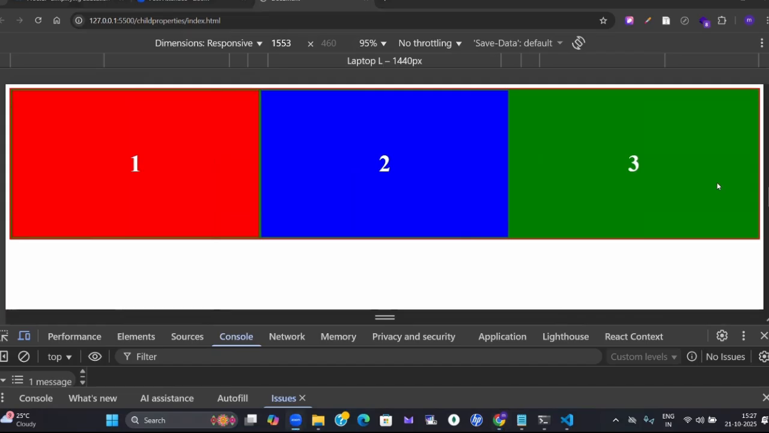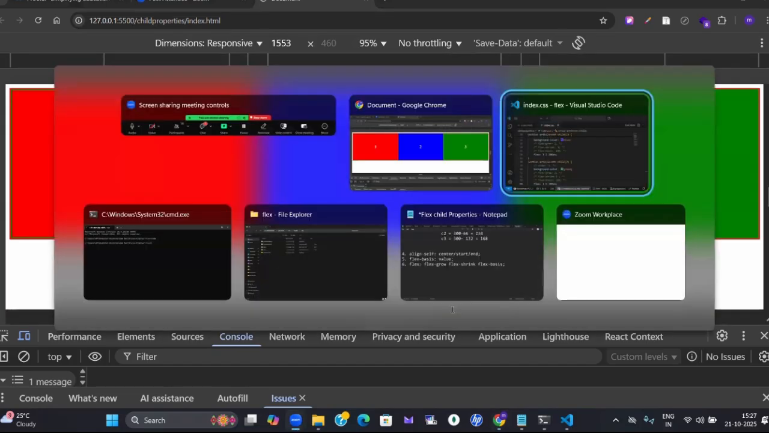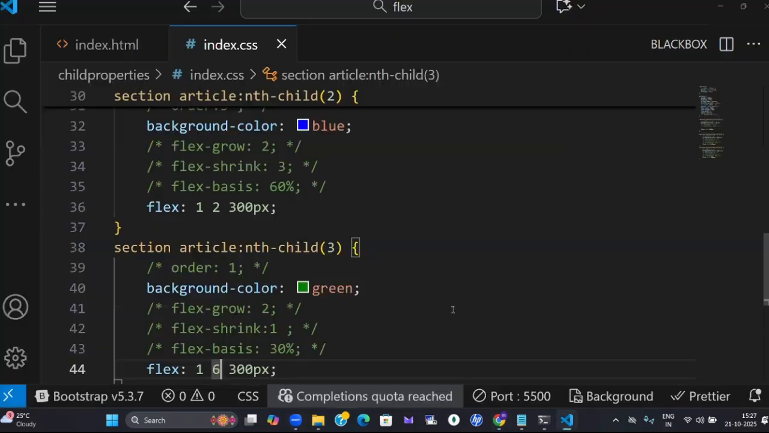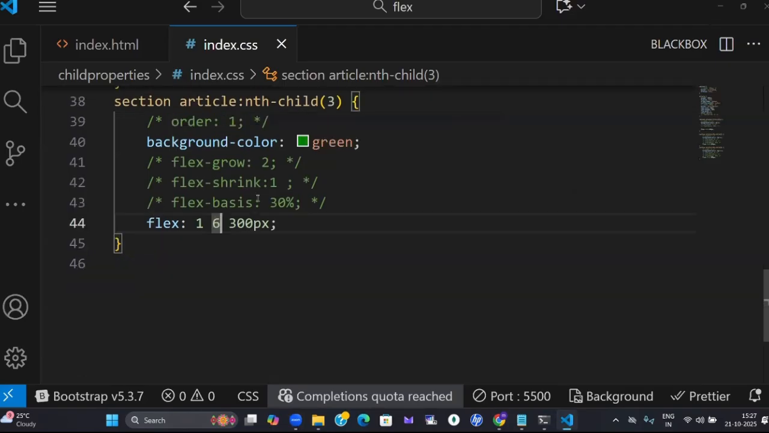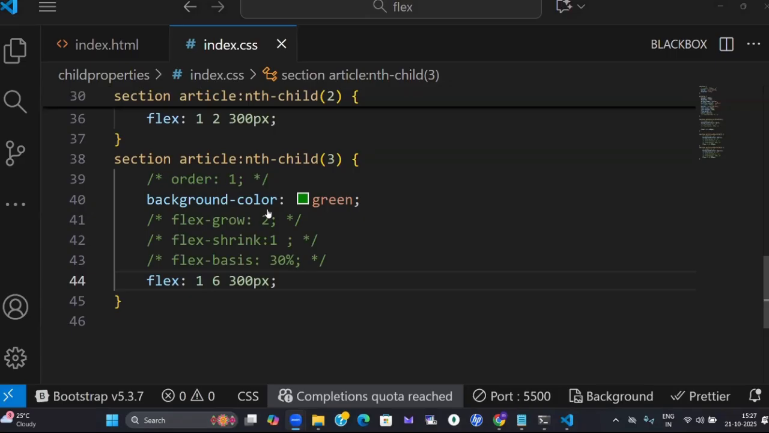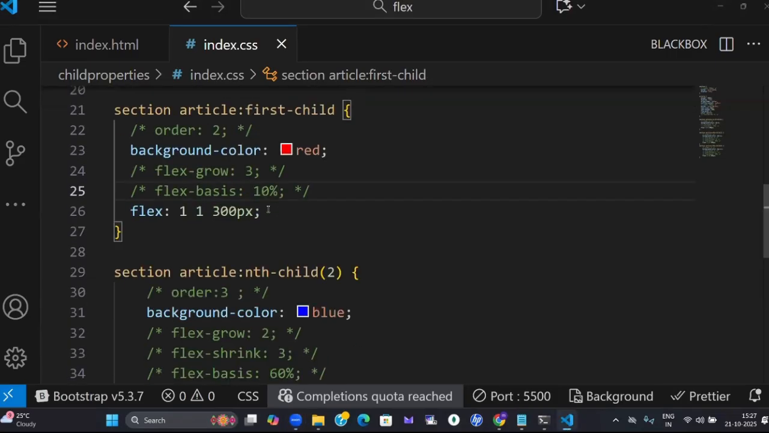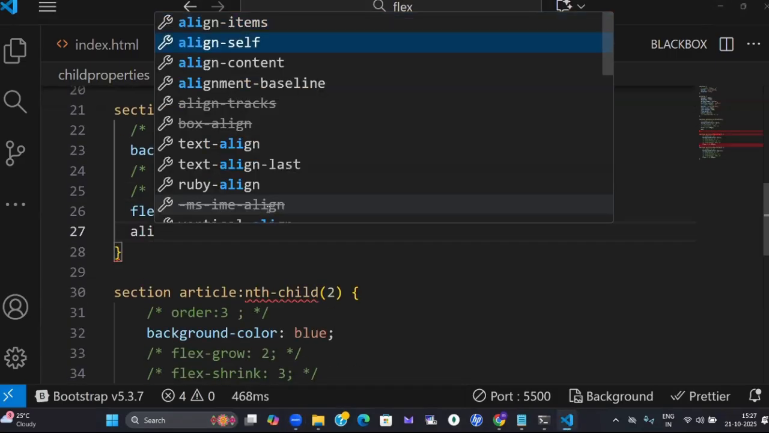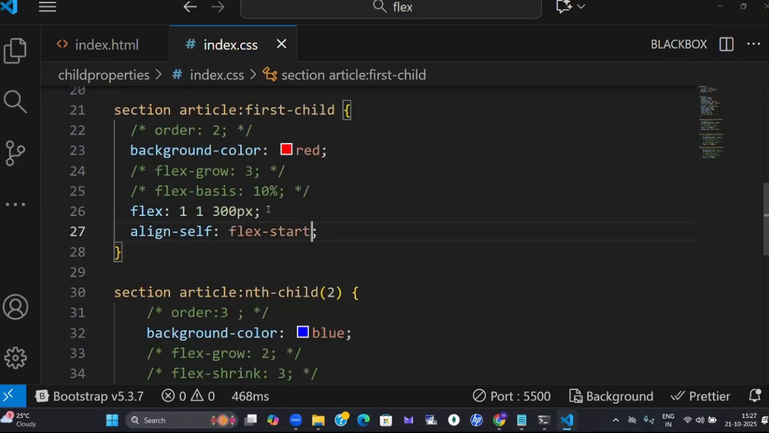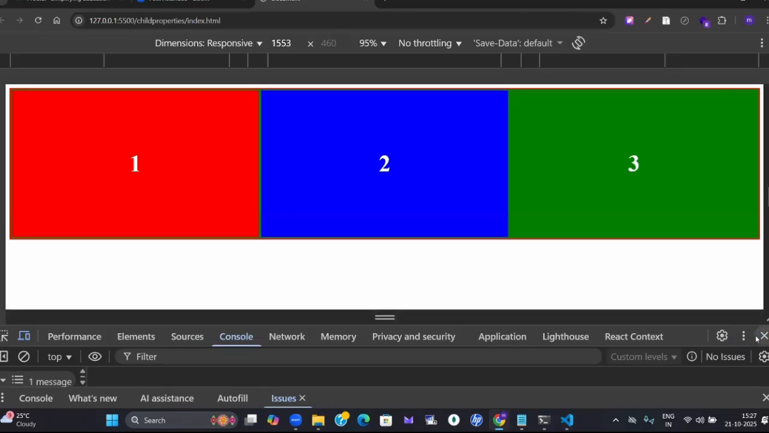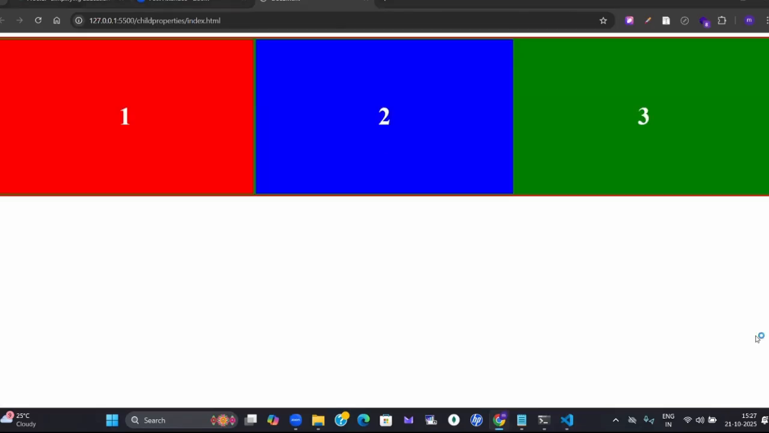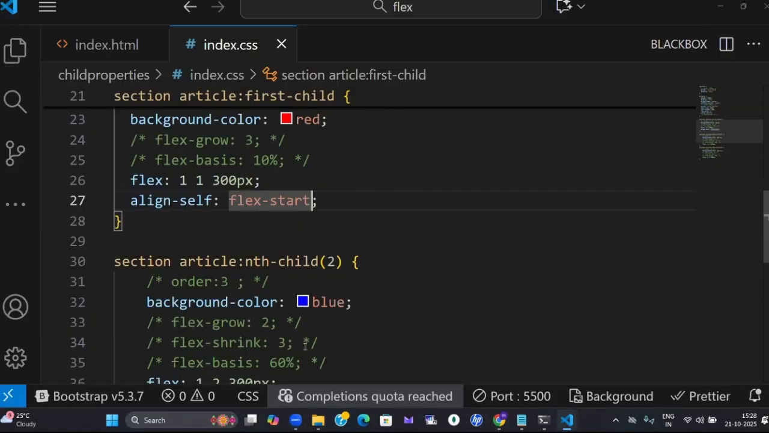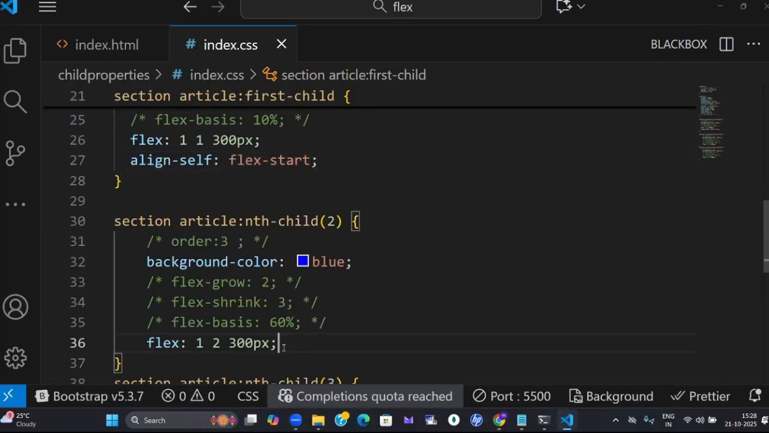Now, next one is nothing but align self. For the first container, I am applying align self flex start. Start and flex start are both the same only. Ma, flex start is there. Any change is there? No change. Okay. For the second container,